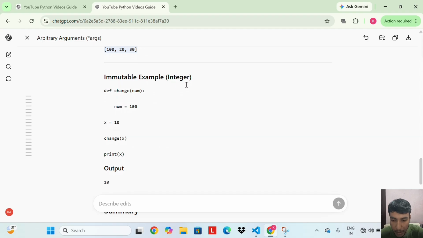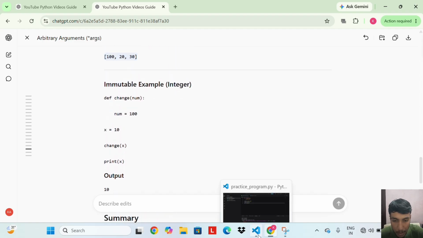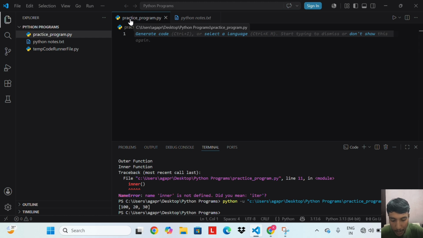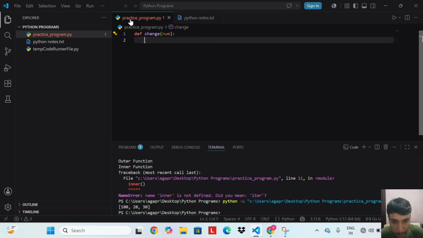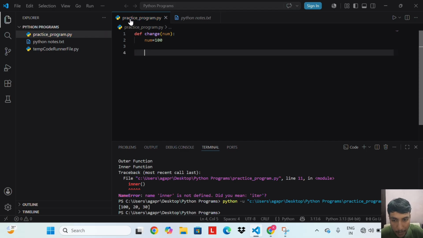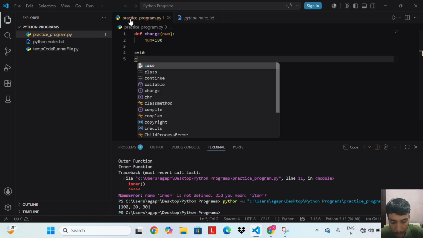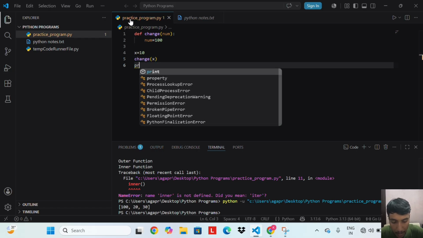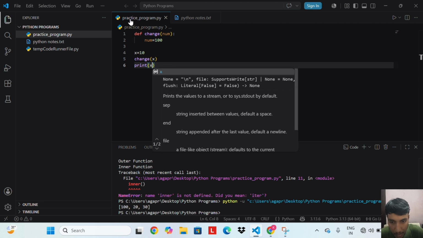Immutable example, integer. So let's do an example of immutable. def change(num): num = 100. x = 10, change(x), print(x).